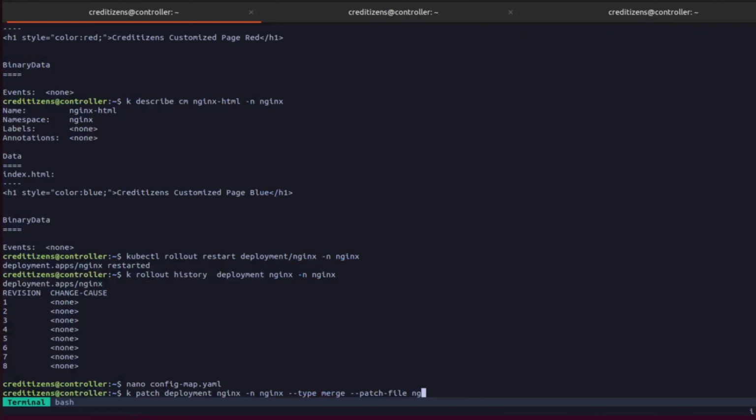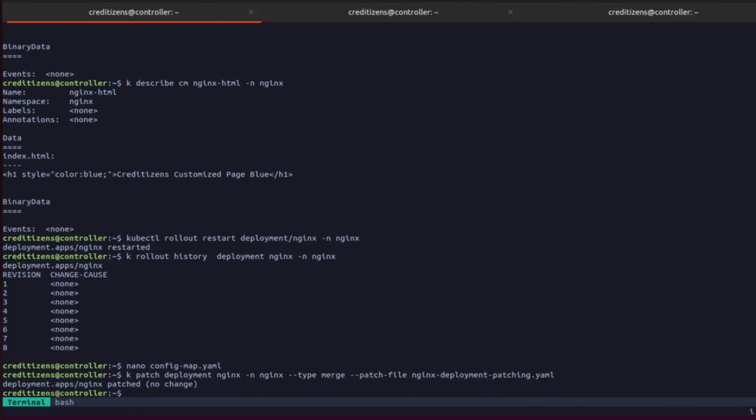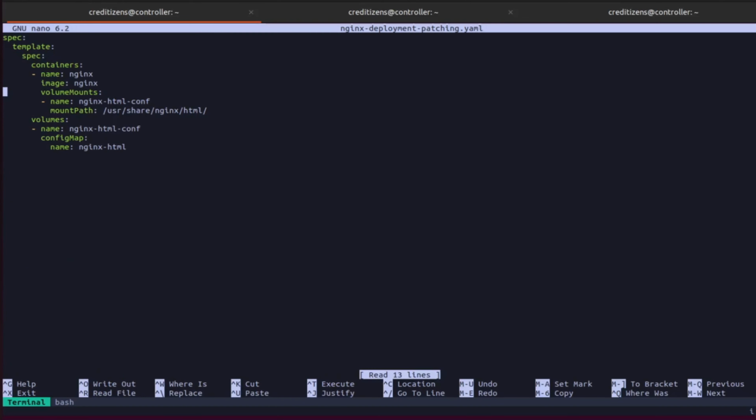I'm trying to use everything that we've seen before, just to show you what it says. Here it says patched, no change. So I can't use the patch command because I haven't changed anything to it. So now I need to go in the patch command. What I can do to pick up this new config map so that I can use the patch command is